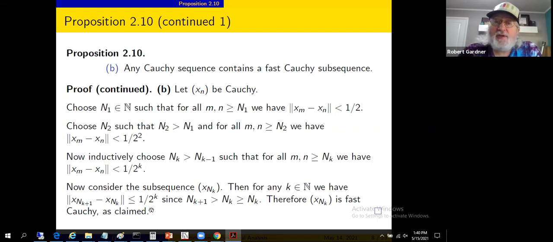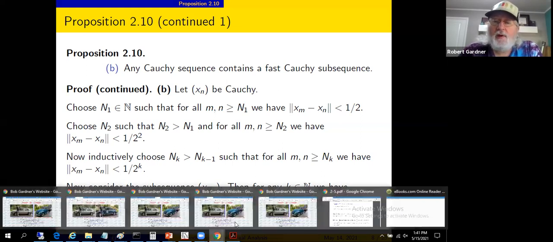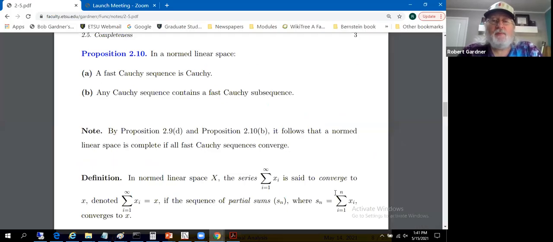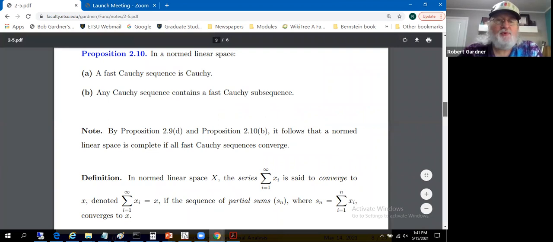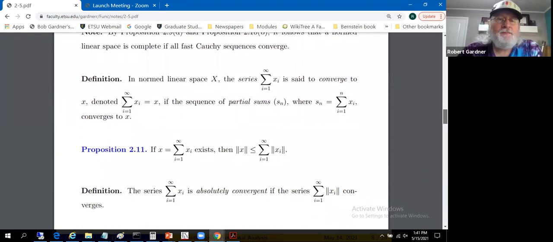That is fast Cauchy. And in fact, this is kind of a constructive proof in some sense. When you were choosing these n sub k's, we didn't have a clean way to choose those. We know the existence of them. But I'd half-heartedly at least argue this as a constructive proof. We've constructed a subsequence of a Cauchy sequence, which is fast Cauchy because of this relationship here. Back to the notes. All right, we had an observation about how to use that, and we'll see that when we address completeness on down the road.